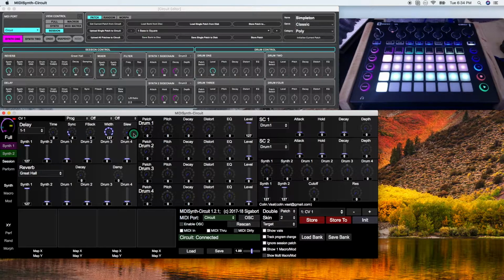Slew basically smooths any modulation done to time. So if you remember, when I was adjusting time, it was warping the sound and making it sound kind of bad at times. If you turn slew all the way up, it will help to mitigate some of those weird sonic adjustments that happen when you modulate time in real time. So let me show you guys an example here. If I turn off slew and turn up time really quickly,